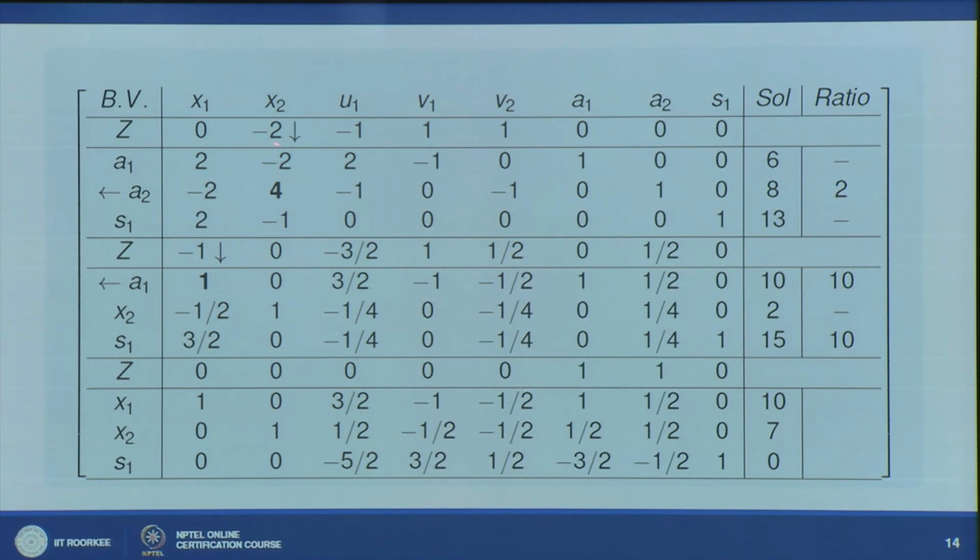Now, this relative profit is 2 units and this relative profit is 1 unit. All other relative profits are negative. You see, this is simply the negative of relative profit, so simply multiply by -1 and then you can see what the relative profits are. So, you will either enter x2 or you can enter u1. If you enter x2,